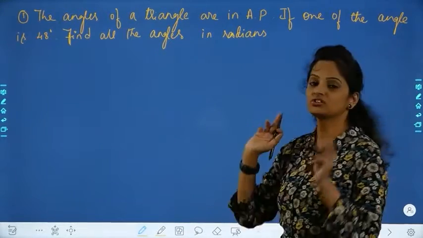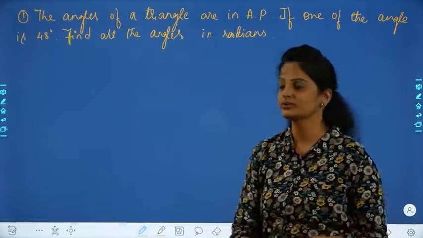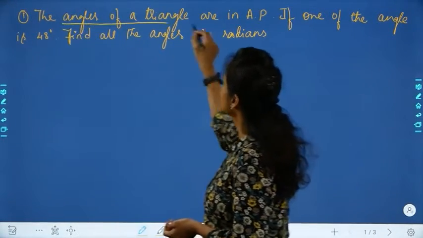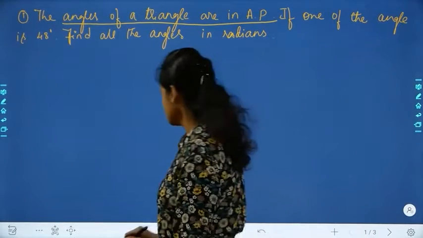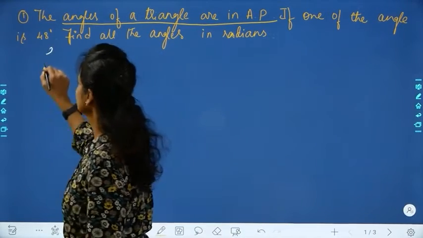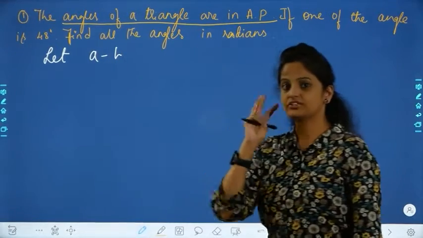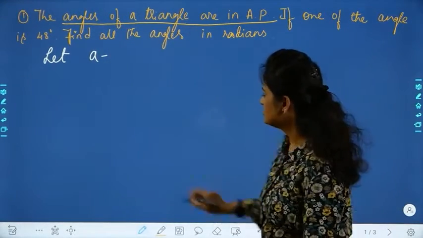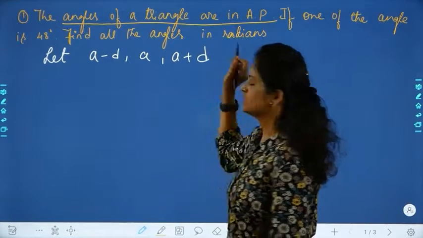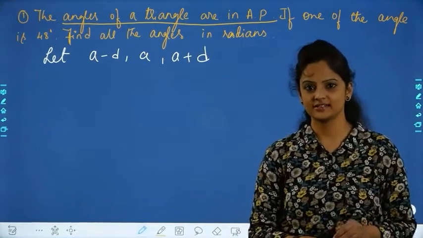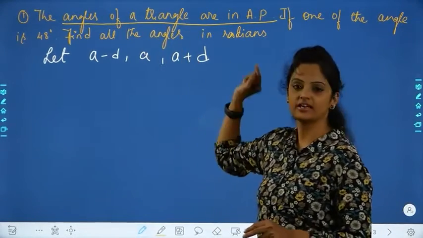In one triangle, 3 angles will be there. In that, one is given and 2 more you have to find out, and they have given that the angles of the triangle are in AP. So first consider that part. We all know in AP, if 3 terms are there, how do you consider the terms? A minus D, A and A plus D. Sequence and series you have studied in class 10th, right? If you have to take 3 numbers, then it has to be A minus D, A and A plus D.